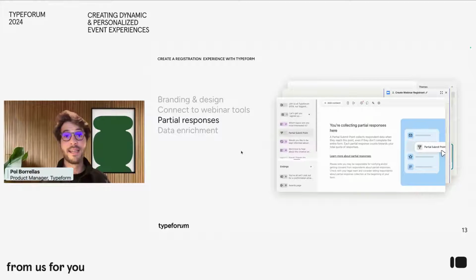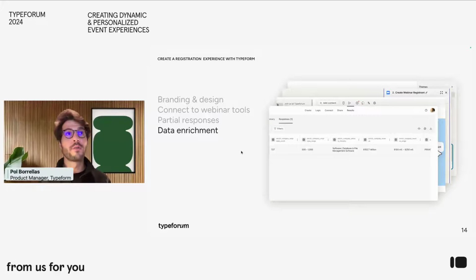And last but not least, for those who were able to come to the keynote, we have data enrichment. And from today, it's not only B2B, business to business data enrichment, but we have B2C data enrichment, meaning that if you are in the right plan and you enable data enrichment, you will be able to collect information from your attendees, both on the company they are working for and about themselves, if we are able to fetch this information from our providers.